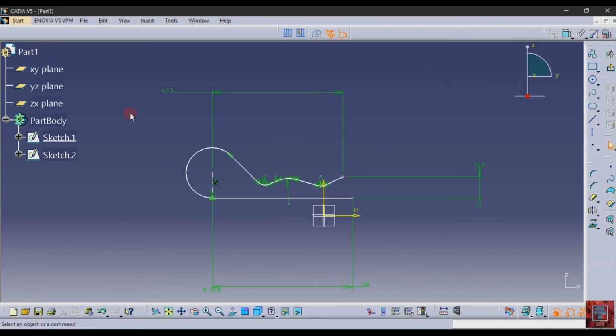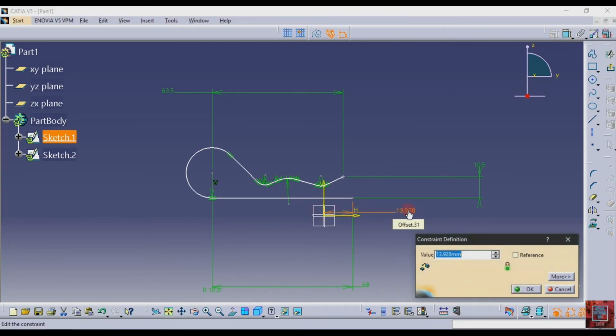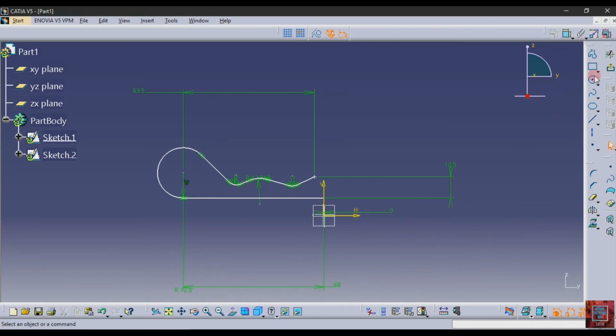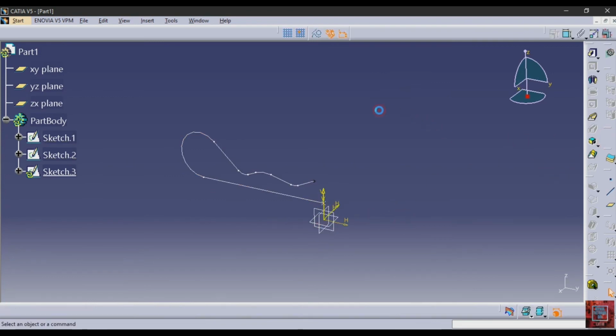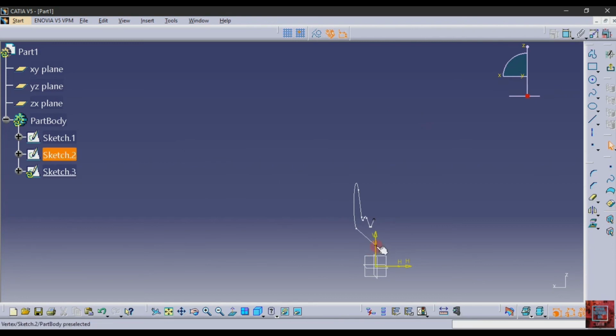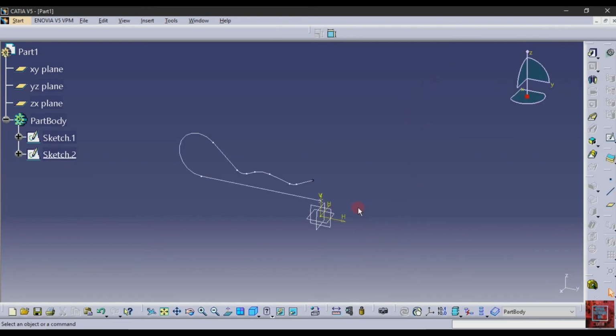again open a sketch, and then give the dimension from this point to this line 0. After that exit sketch, then open ZX plane sketch, there is one more point related, and after that select ZX plane sketch,